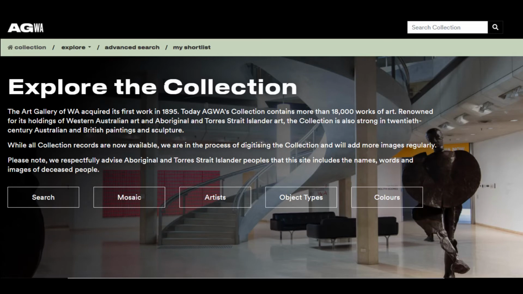One of the largest art collections that we've worked with in the last year was Art Gallery of Western Australia. So they've made the decision to share their entire collection online. Of course, some of those things they don't have copyright clearance for, so they just publish the catalogue record to make sure that the public's aware that they hold that item, and then the person could inquire further to get information about whether that work's physically on display or not.